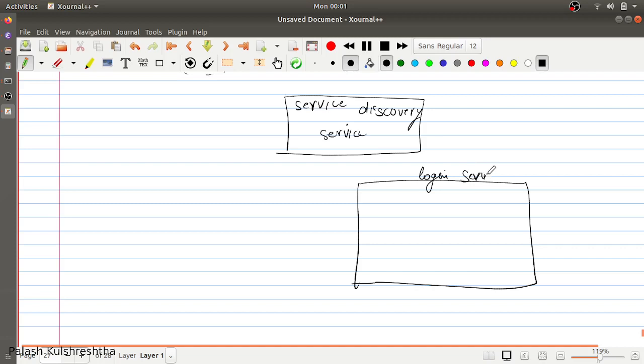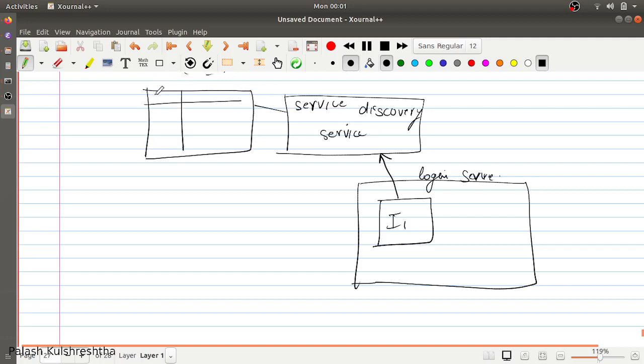As you can guess, it provides the API which powers the login and logout functionality. As soon as any instance in this service comes up, I1, it is going to register itself in the service discovery system, and service discovery is going to keep a track record of all the instances, for example for the login service.